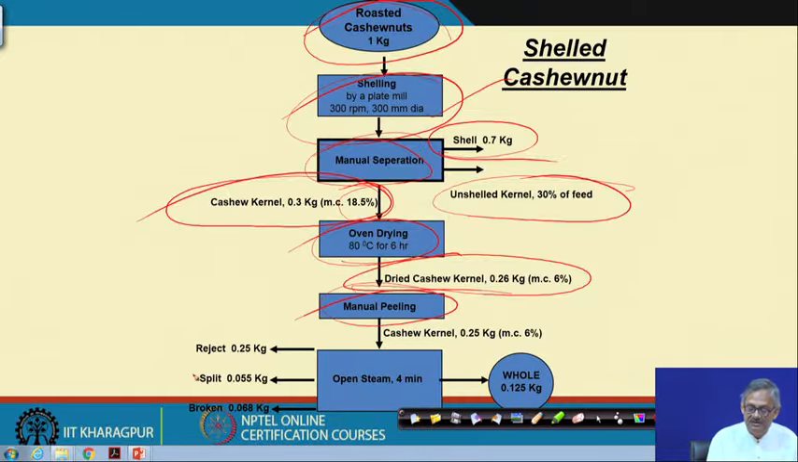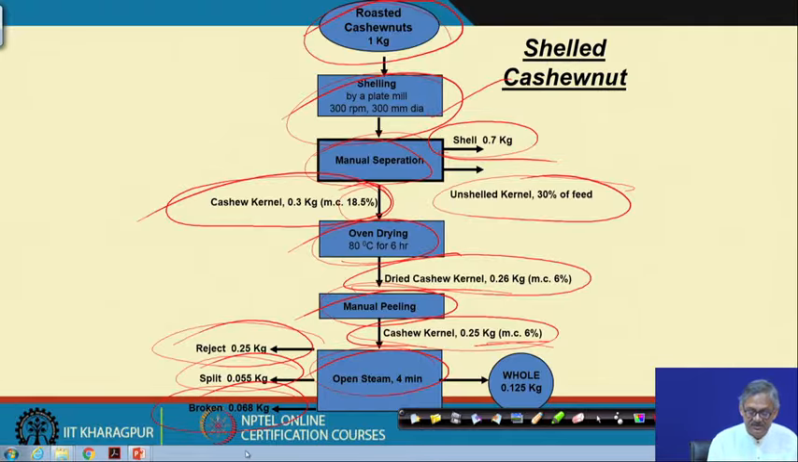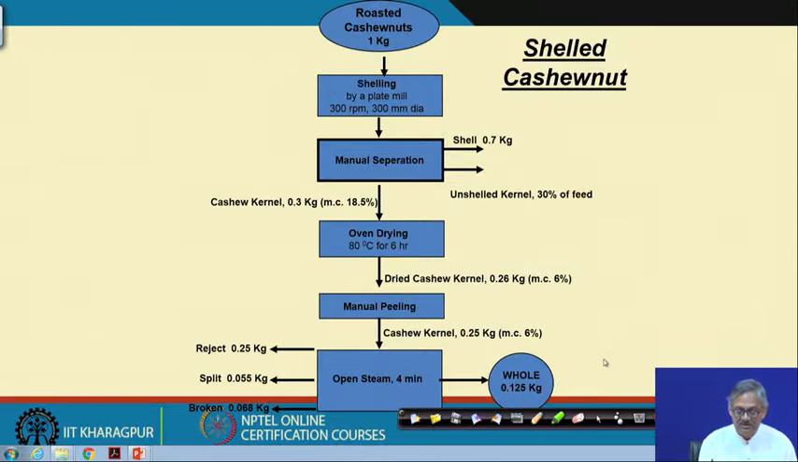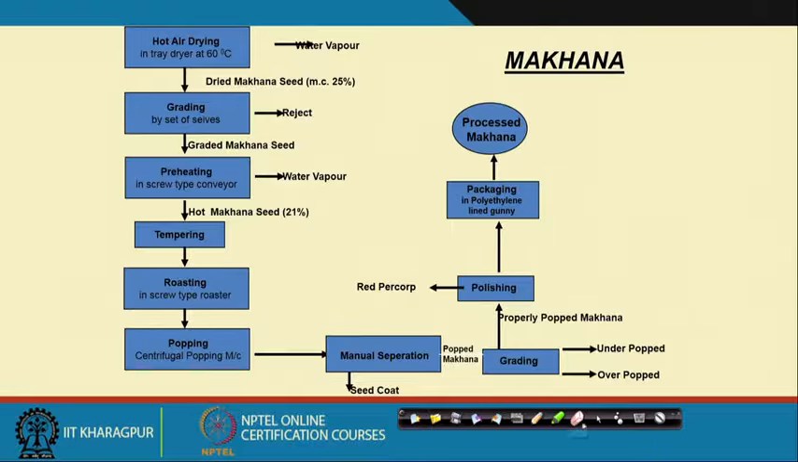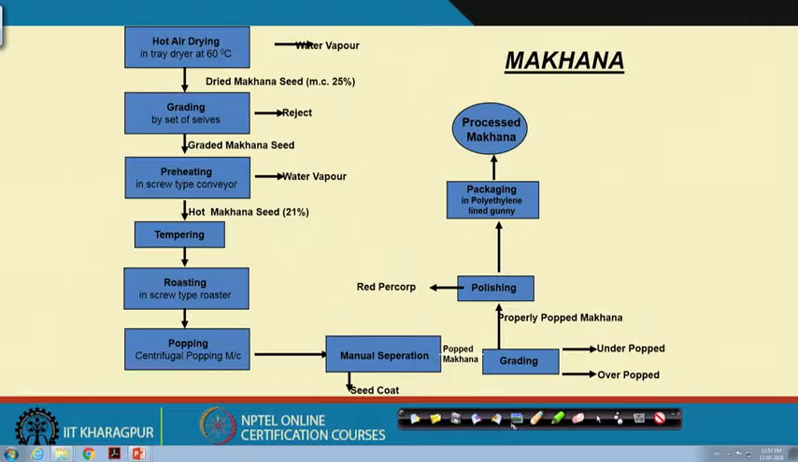Then manual peeling is done, cashew kernel of 0.25 kg having moisture content of 6% is obtained. From there open steam is given for 4 minutes. So, some rejected ones, split ones are 0.055 and broken ones are 0.068 kg, but whole cashew you get 0.125 kg, right. So, the last one which we have is makhana, and makhana is very popular in